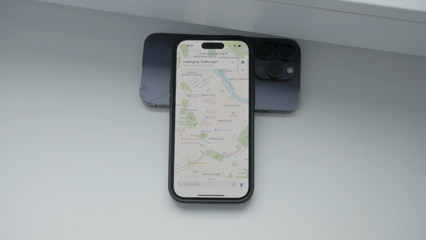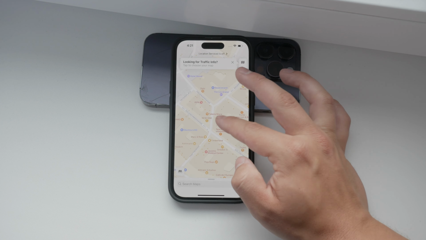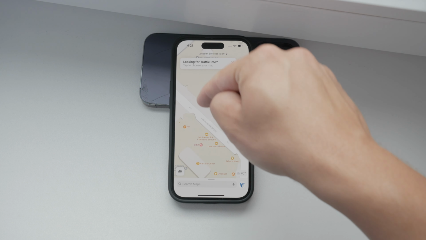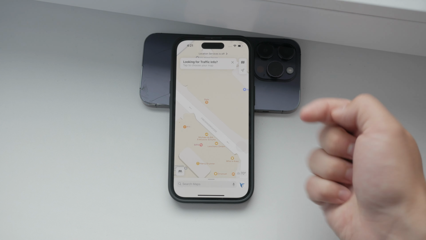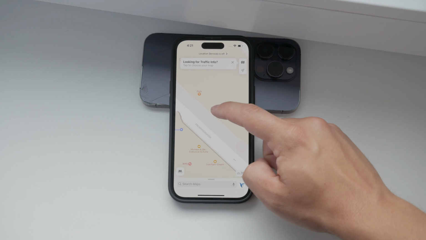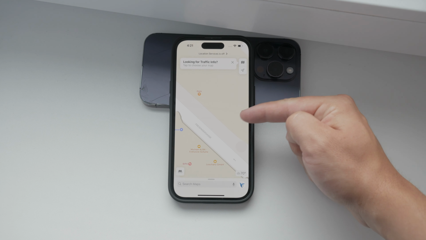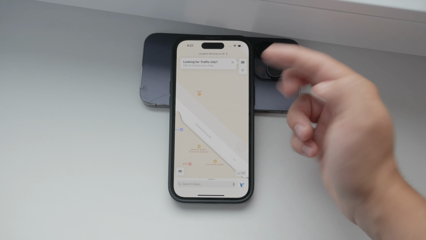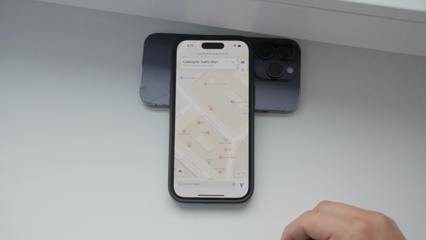For instance, if you're at a certain spot and you want your friends to join you, you can share the exact point where you are. This ensures that you're sharing your location accurately and not something nearby by accident. So let's get into the steps you need to follow to drop a pin and share your